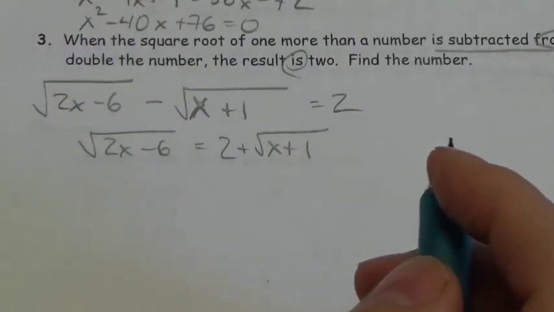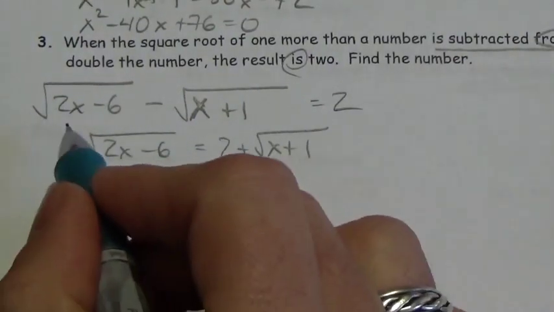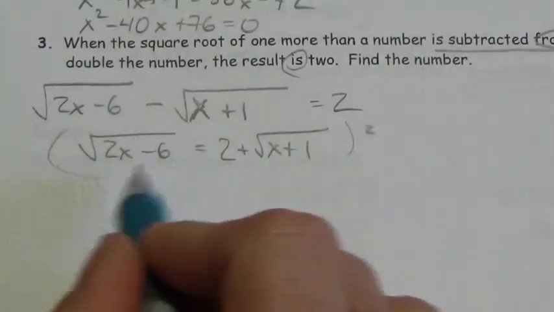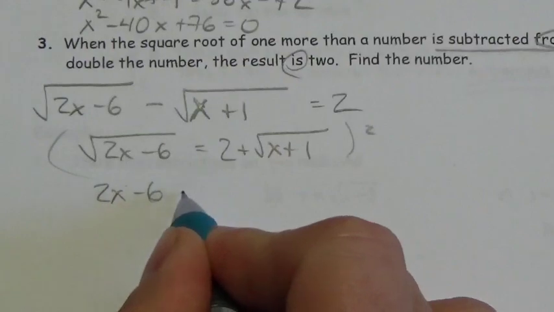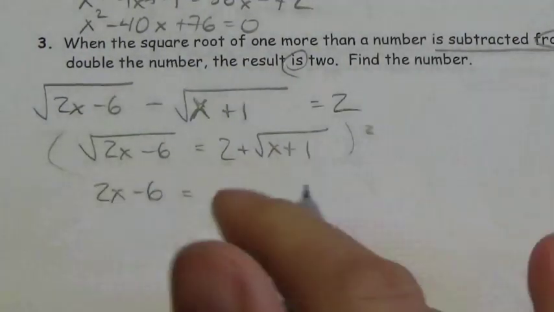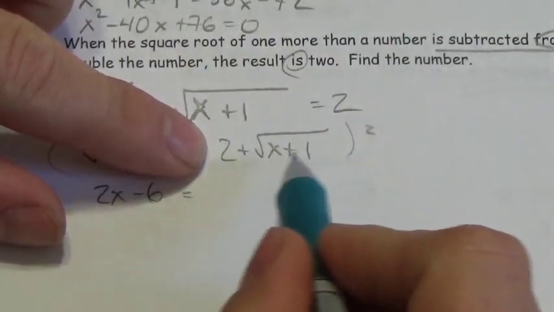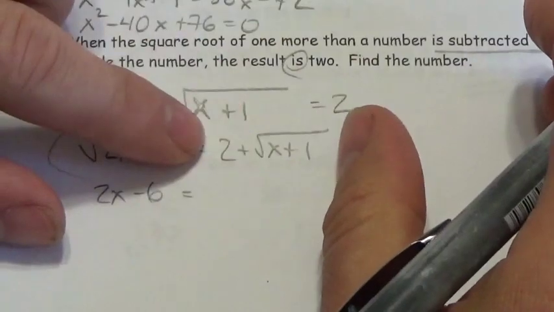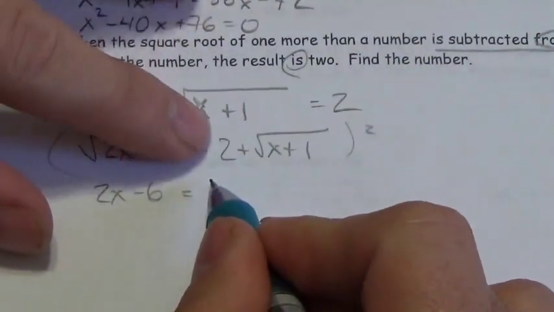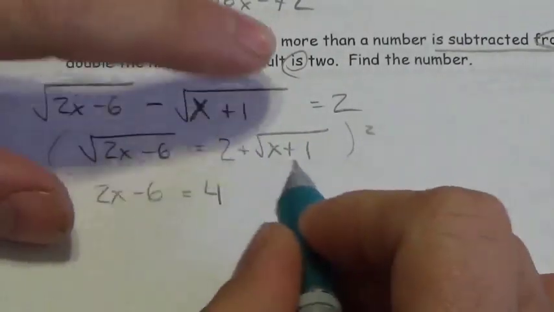But if I move everything over so that most of the signs are positive, then I'm putting myself in a position where I'm less likely to make a mistake. I'm going to square both sides. On the left-hand side, because it's just a monomial, when I square that, all it's going to do is get rid of the radical. On the right-hand side, it's a binomial. I've got the 2 and the radical there, so when I multiply this out, I have to remember that I'm distributing, so I'm going to get those 3 terms. 2 times 2 will be 4. And then I'm going to get 2 times the square root of x plus 1,